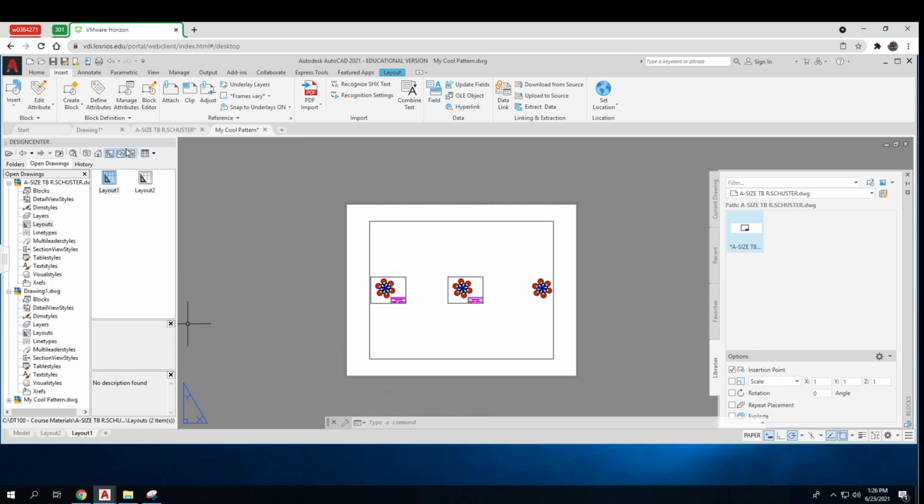Usually that will do it. So I have to find out what I'm doing wrong on that one. And I didn't make it into a block already. So, oh, no, that's